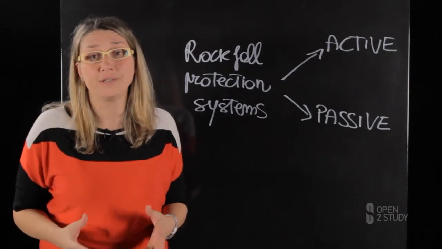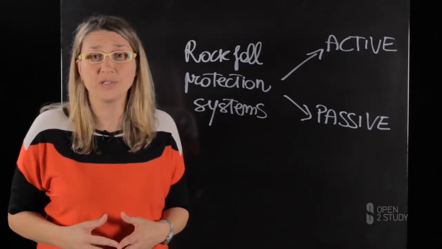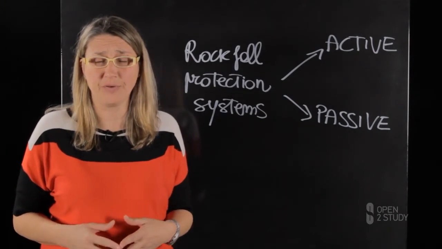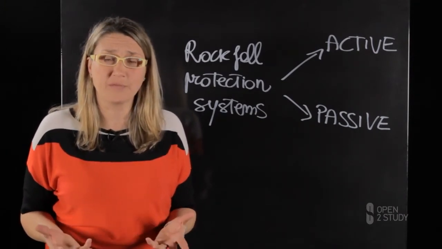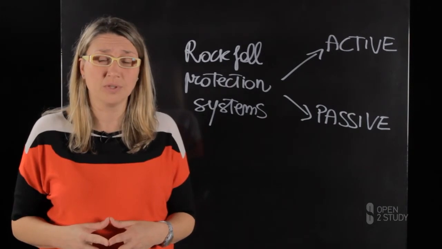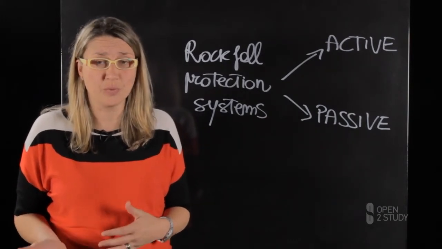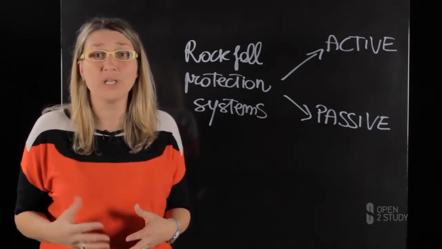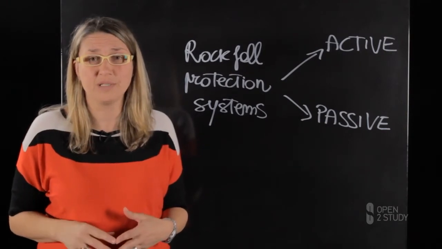Where these artificial measures cannot be installed directly on the rock surface, other protective measures can be taken into account in order to control the motion of the blocks and to intercept their movement along their fall. In this case, we refer to the passive protective measures against rockfall.